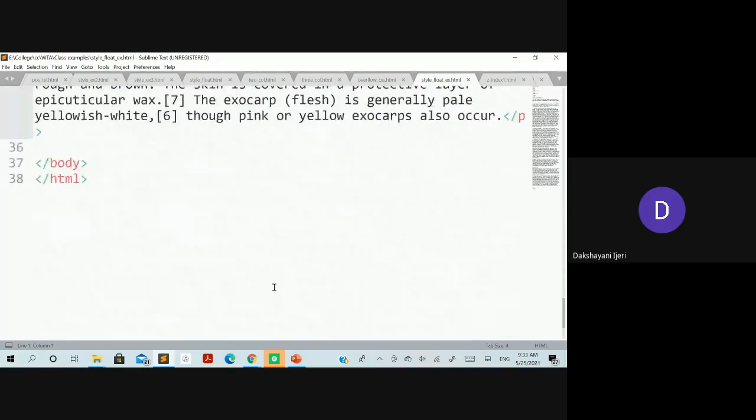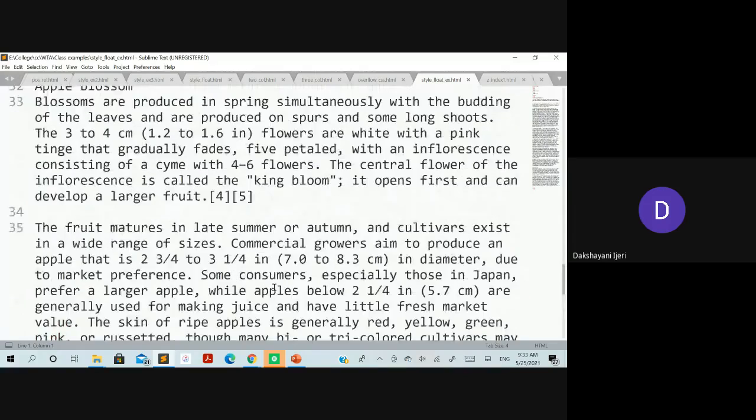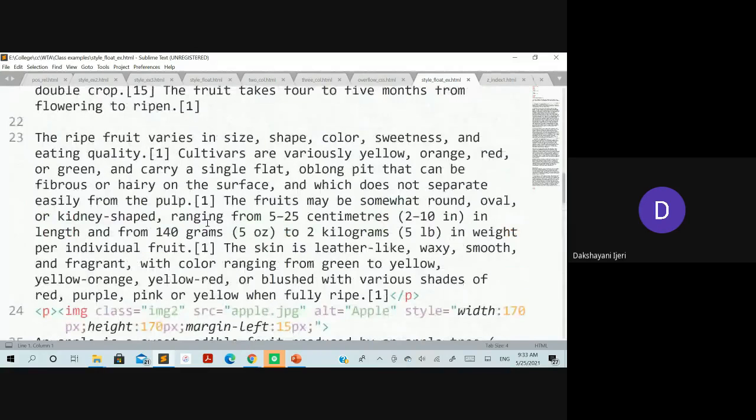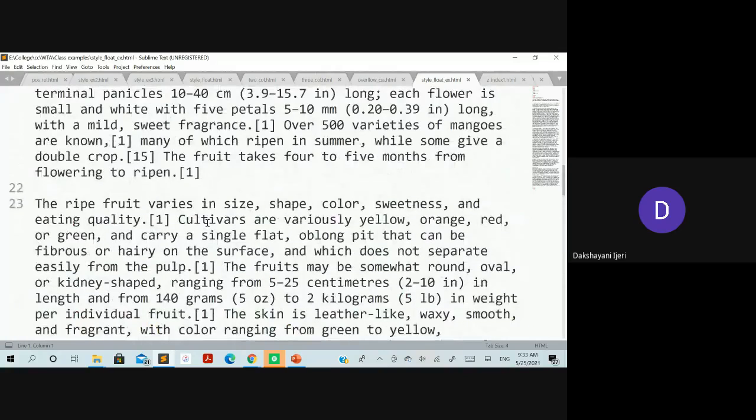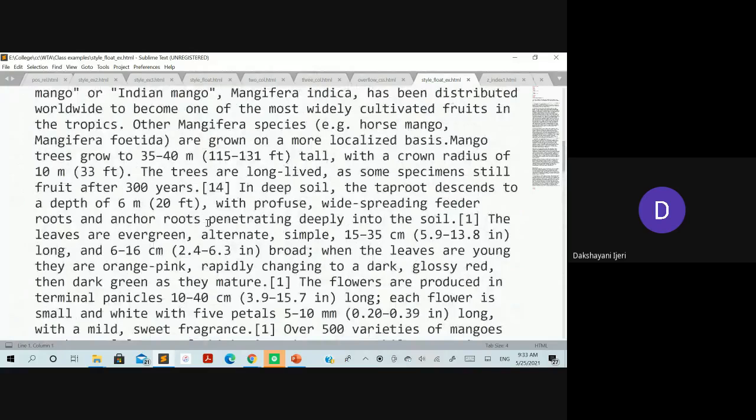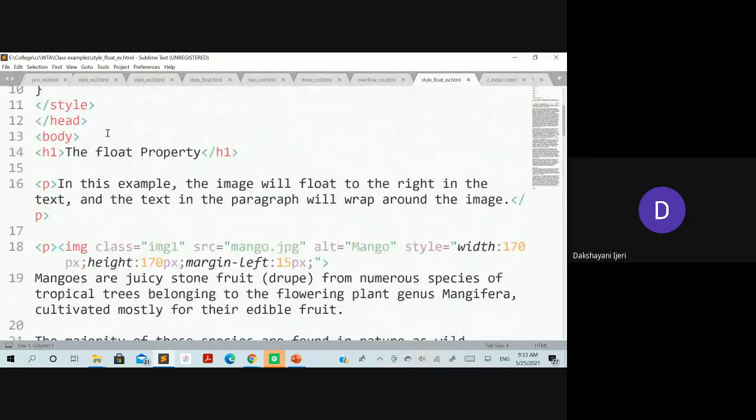To the rest of the content I have not applied anything. Only to the images for which I have defined the styles has the float property been applied, to tell that those two images need to be fixed at the right and the left position, and the rest of the content within the body section is going to flow around those two images. Okay, so let's see the execution here.